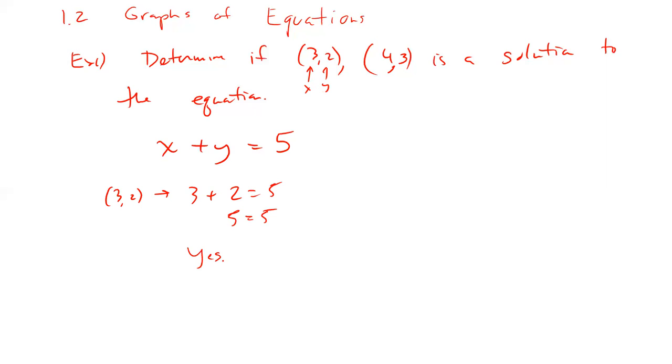Are we good? Jump to the next one here. Plug in (4, 3). 4 goes in for the x, 3 goes in for the y, and the question is, does that make sense? Is it true? No, it is not. And what we do is we put a slash through the equal sign. It's not true. We got ourselves a no. All right, this is going to be the very basic graphing piece right here. You may have learned a few interesting things here, but for the most part, it's going to be very, very basic. Okay, we're good there. One down.